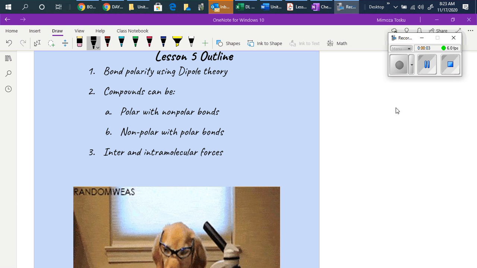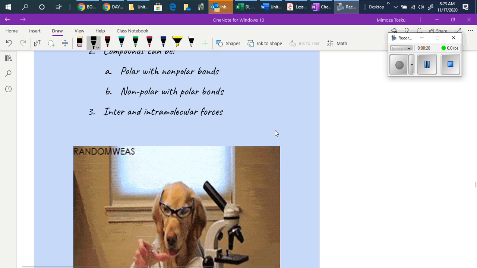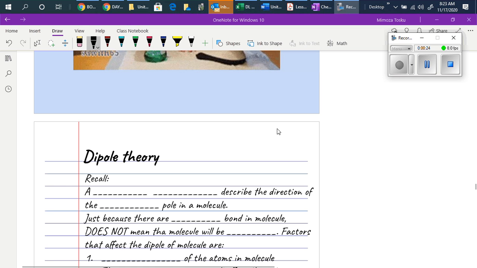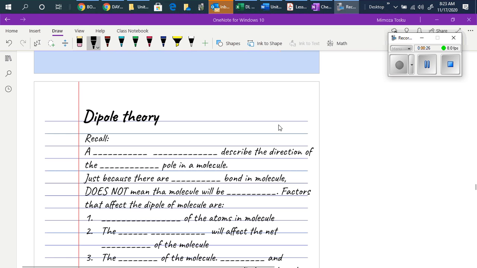Okay, so today we'll start with lesson 5, and what we will be keeping in mind on lesson 5 is bond polarity using the dipole theory, and then classifying compounds based on the bond polarity, and what are the inter- and intramolecular forces within the compound. So now